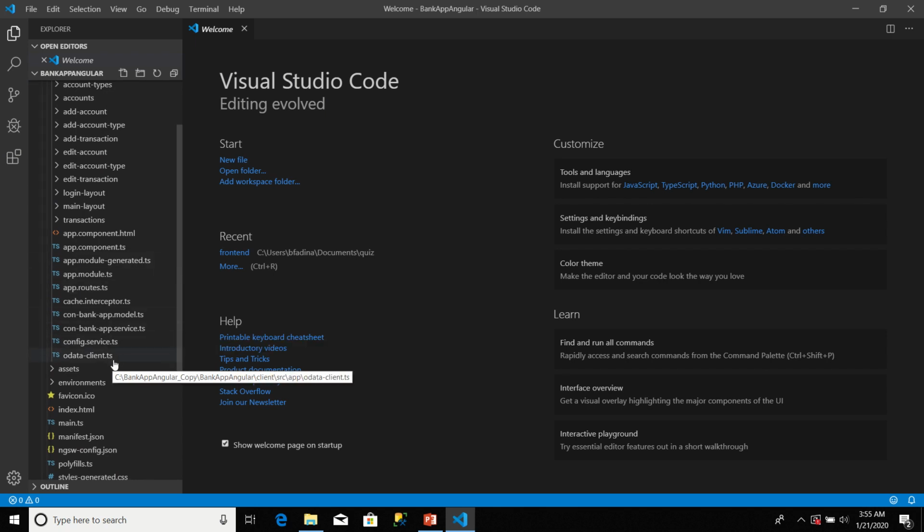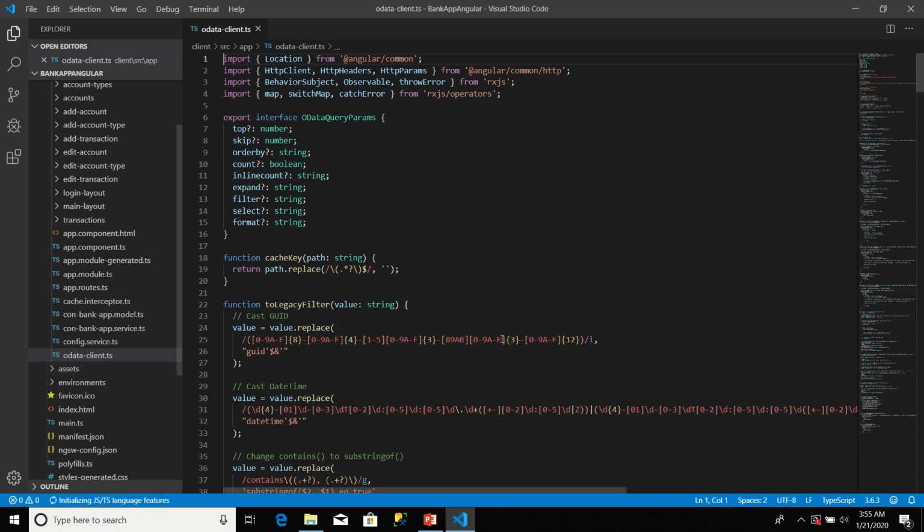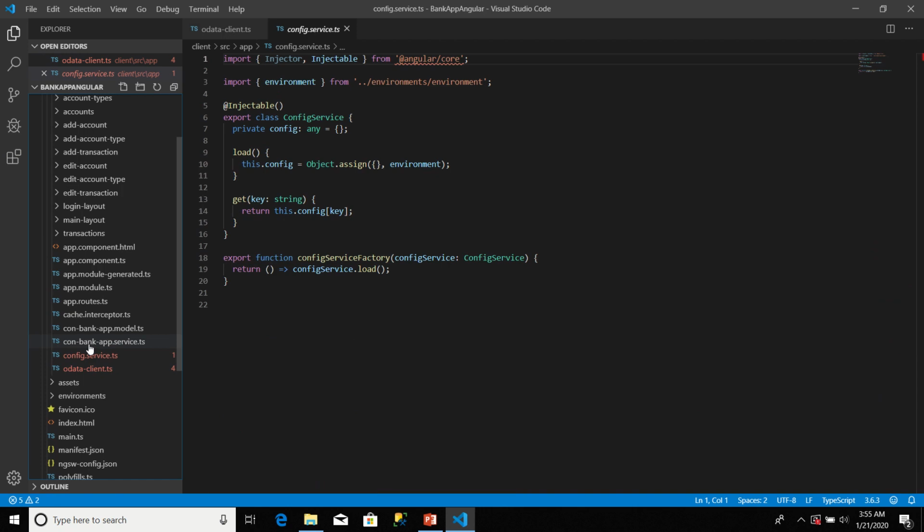We have these various TypeScript files. So we have the TypeScript file for the OData client. We have the TypeScript file for config.service. We have the TypeScript file for